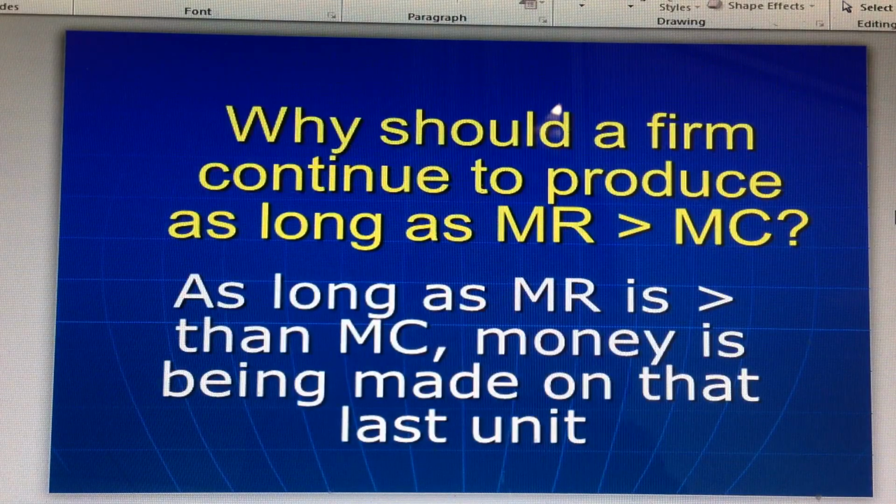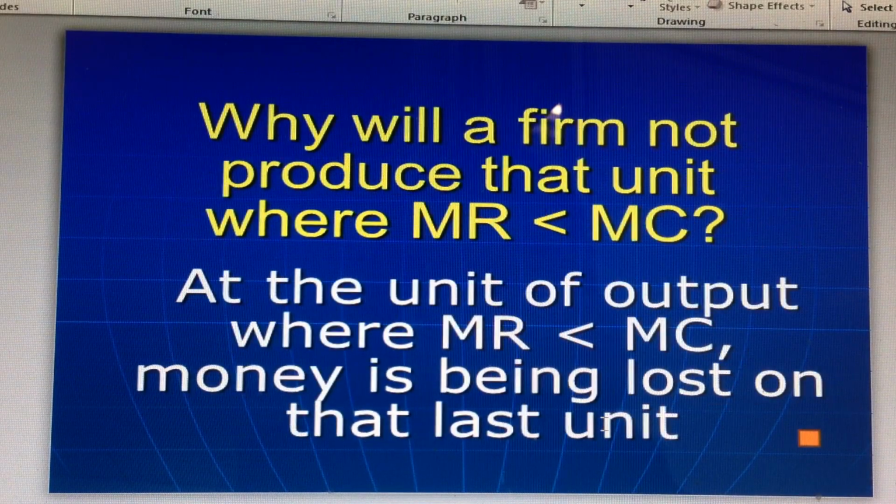So whatever I've explained is in the literature over this side. You should produce as long as MR is greater than MC. So every last unit, you will still earn some money from it. So you should continue producing. The opposite is true. Once your cost exceeds your revenue, any unit you sell, you'll be incurring a loss. So you might as well not do that business. You might as well